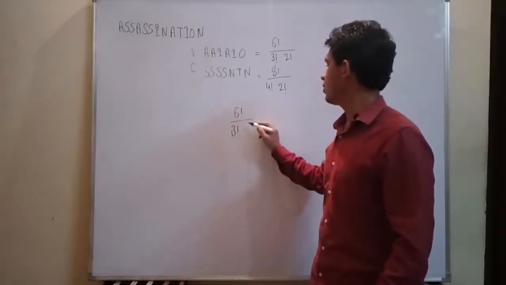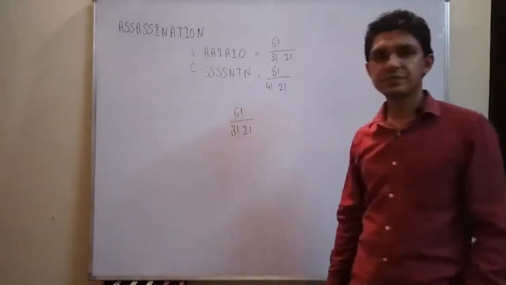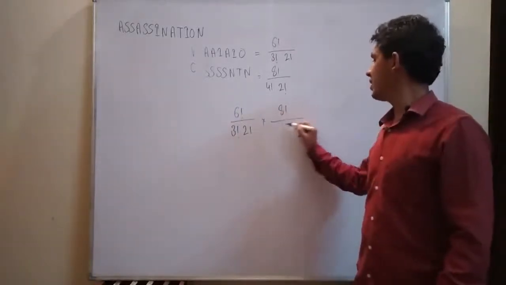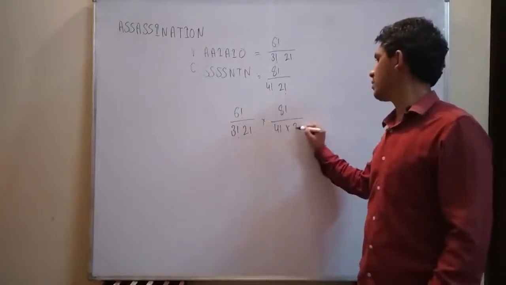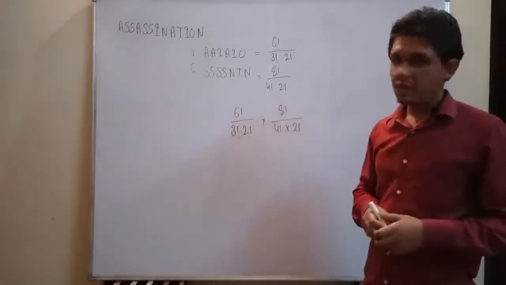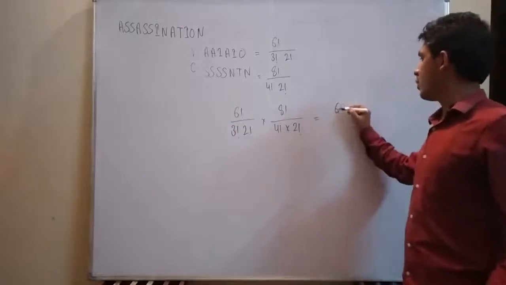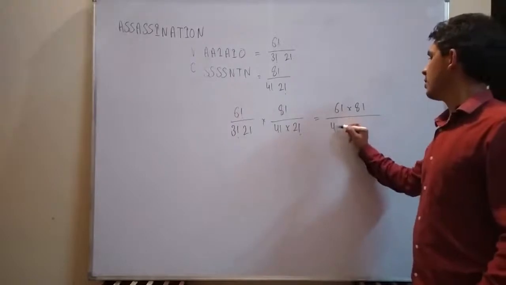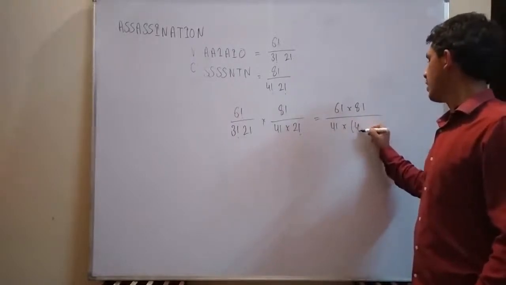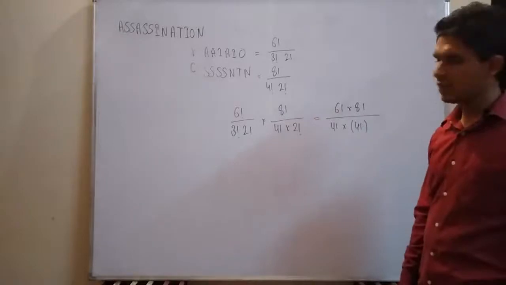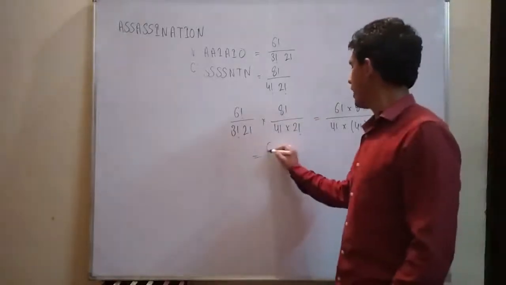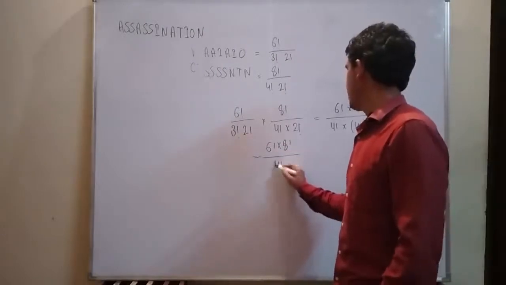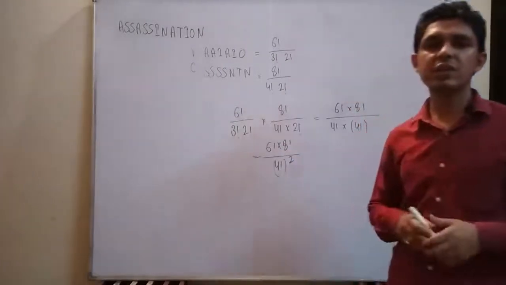This means factorial 6 divided by factorial 3 multiplied by factorial 2, and multiplied by factorial 8 divided by factorial 4 multiplied by factorial 2. In other words, you can find the options like factorial 6 multiplied by factorial 8 divided by factorial 4 multiplied by factorial 4. Or in other words, you can find the option in the form factorial 6 multiplied by factorial 8 divided by factorial 4 to the power 2.